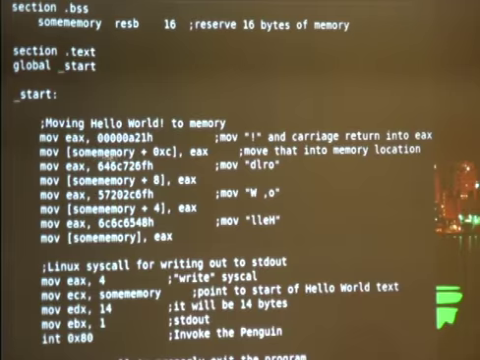So it's like starting at some memory and then adding an offset of 12. C in hex, 12 is decimal. So moving this, I guess this would be 0A, 21. The 21 is an exclamation point, the 0A is like a carriage return, and I'm moving all